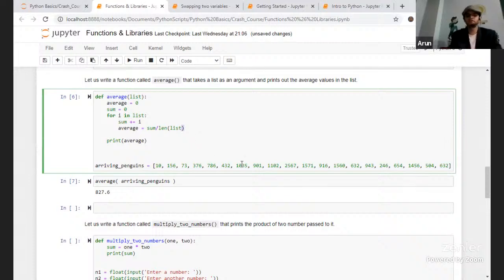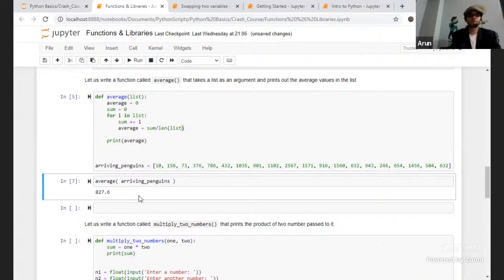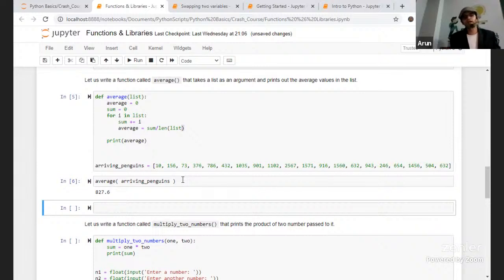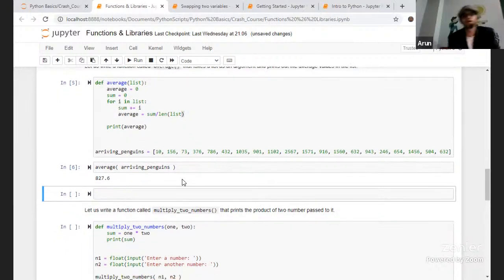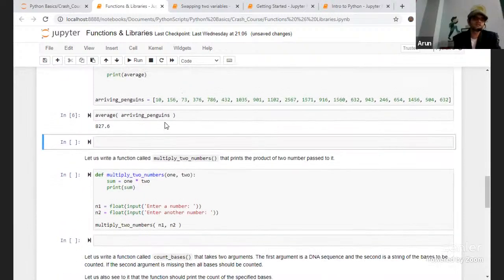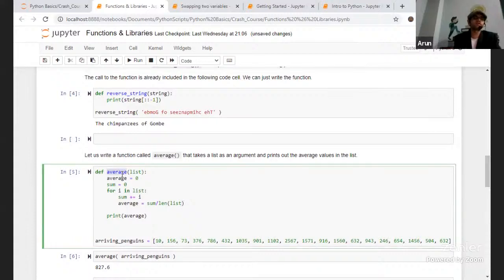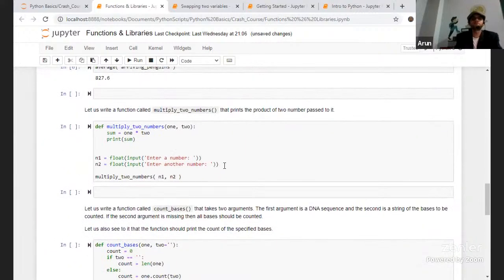So now if I try to do this, I will be able to find the value 872.7.6 because it has covered almost every aspect of that list. So now this is about average and how we can create functions in Python. Having said that, there are places where we need to be careful while creating a function name. There could be identifiers which would have similar alternative names. So it is our responsibility to check whether the same name already exists or not. That is one thing which we need to be careful about.